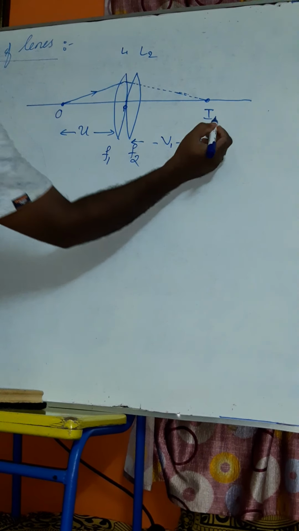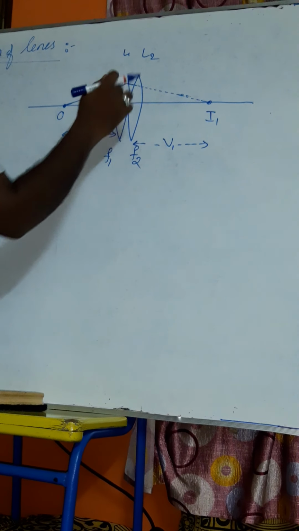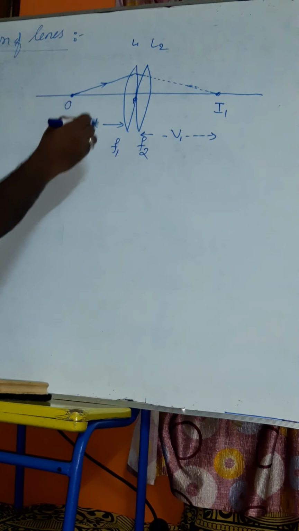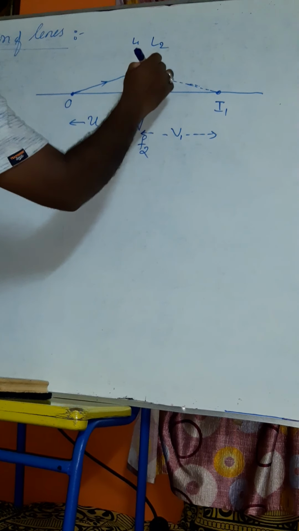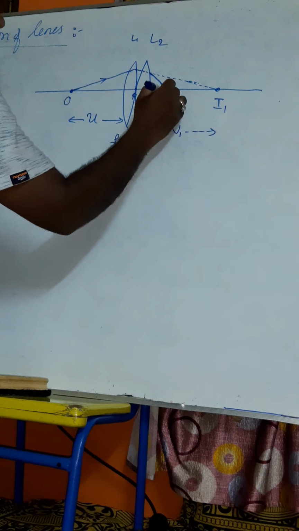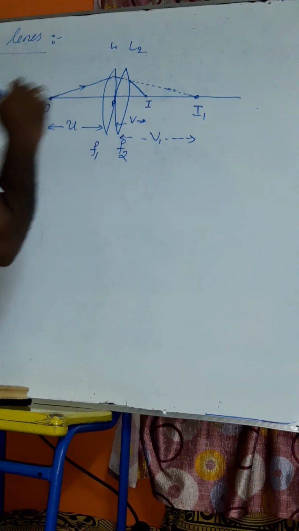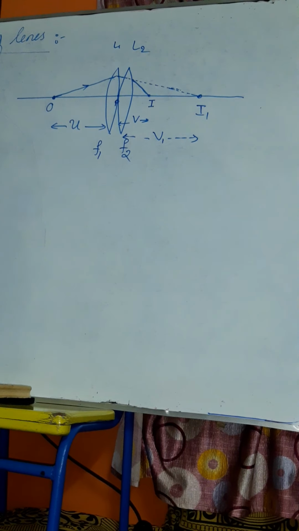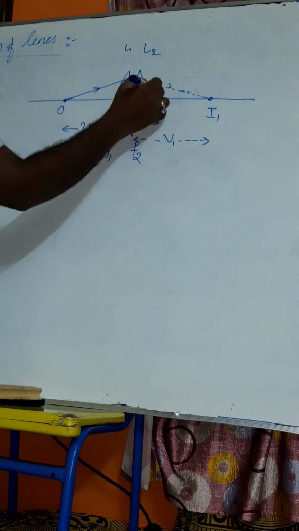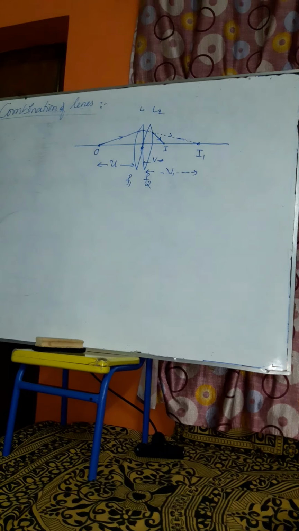Now actually the image is not formed here because we have two lenses. Again refraction of light takes place by the second lens also. Finally the image is formed at this point. This is the image formation point. So consider the final image I is formed at distance V from the point P. Now for this ray diagram I consider the lens formula. We know that the lens formula